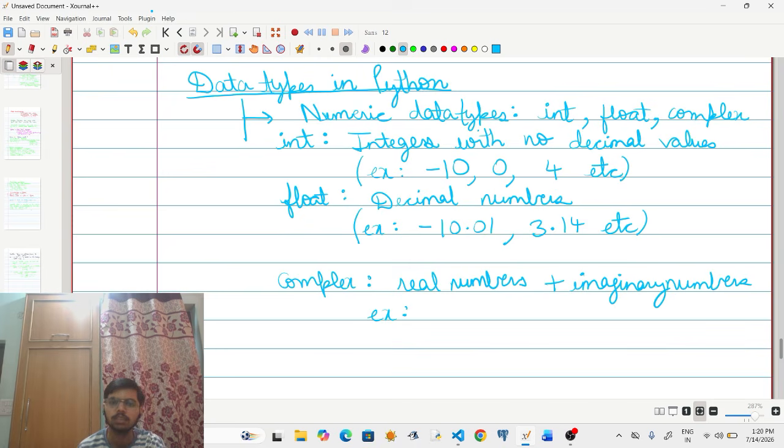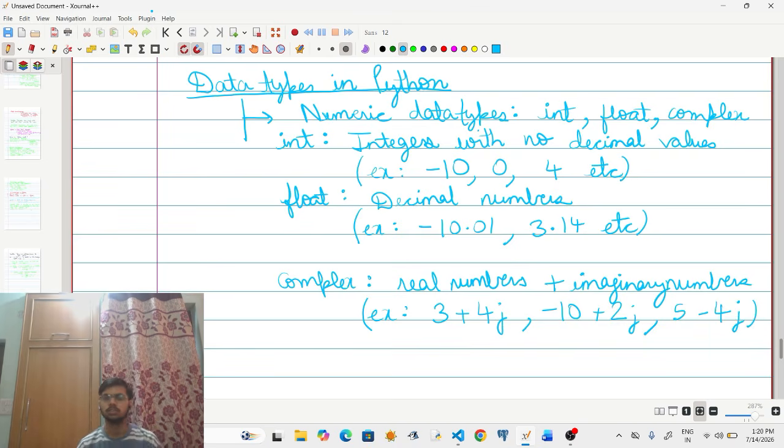Examples are 3 plus 4j, minus 10 plus 2j, 5 minus 4j, and so on. So there is a real part and an imaginary part as well. The most commonly used numeric data types are integer and float, but it is good to know complex too, because someday you might need it as well.